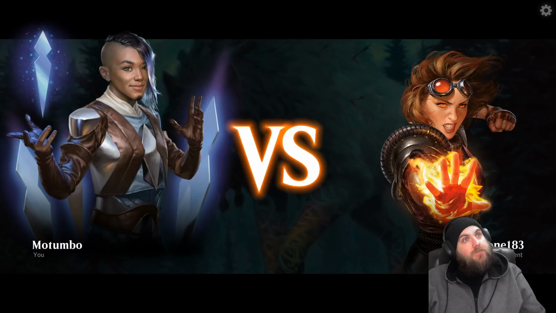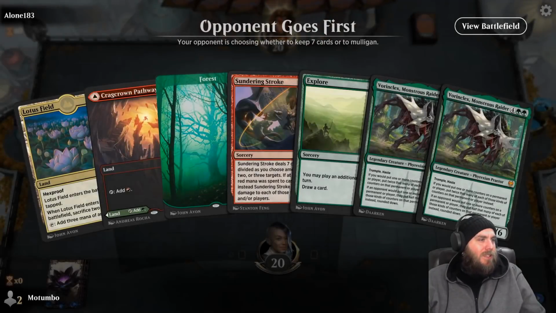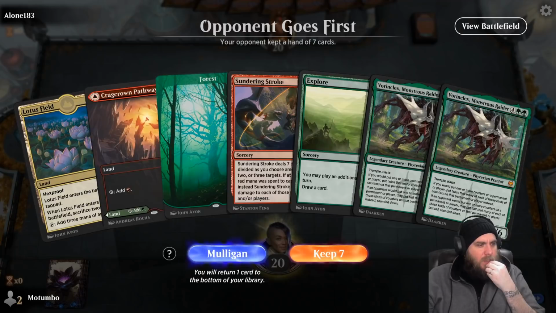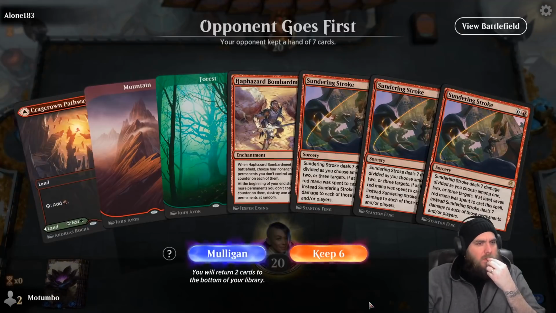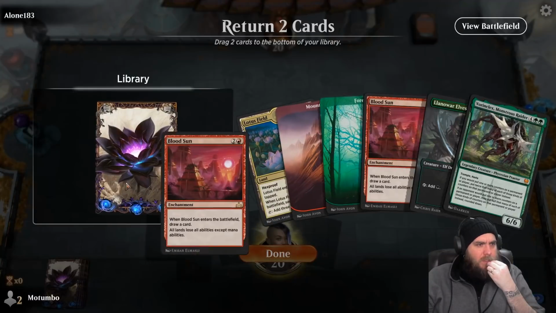I mean, stuff like that happens. So, we don't have a Blood Sun. We don't have a 1-drop. We don't have our Elf. But I don't really think that this is a hand we can keep. Alright, we can't keep this. We can't keep triple Sunder. Alright, so we're going to keep this. We're going to put back...